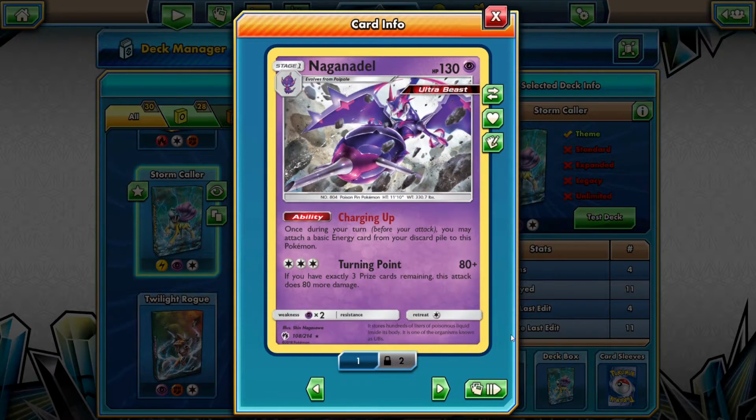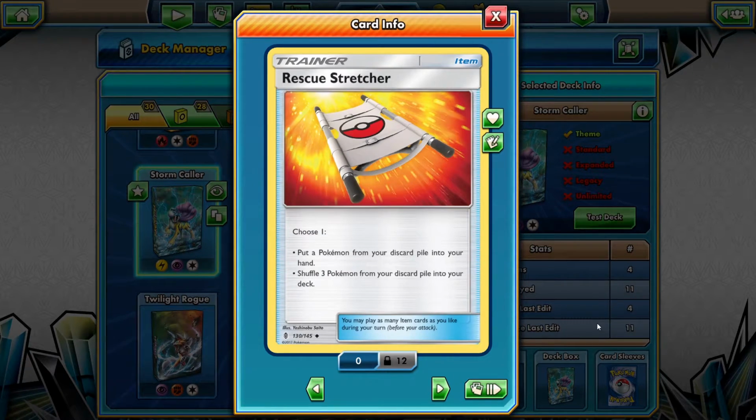And it is also, like I said, really good against Lucario. Its weakness is Psychic. I don't think there are many Psychic Pokemon being used at the moment other than Dusknoir in Twilight Rogue, so it shouldn't run into too many issues weakness-wise. Okay, so onto the trainers, you've got Rescue